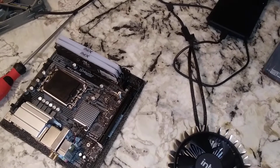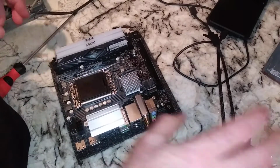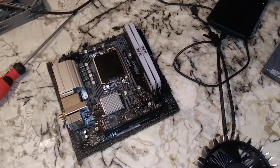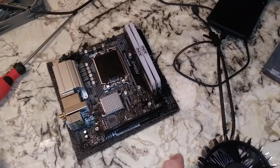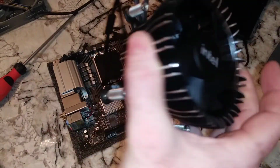Hey there YouTubers, so in this video we're going to install an i7 into this here AsRock B660m-ITX AC. Now, to be quite honest with you, this is a motherboard more deserving of a Celeron or Pentium, one of these. Okay, not really this guy, but we're going to take this is the RH1 Laminar